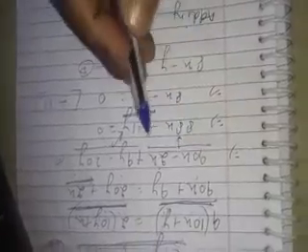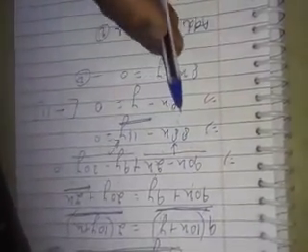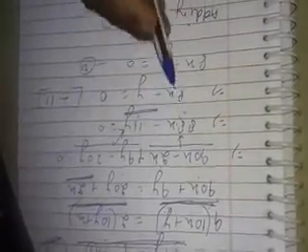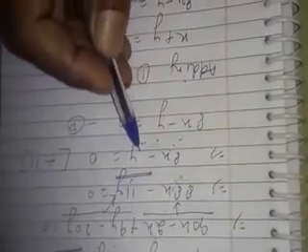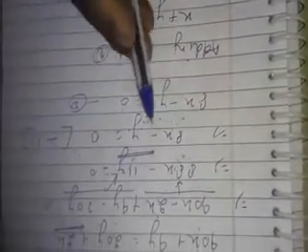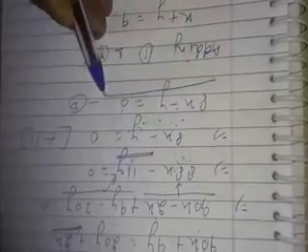Now what do we see? 88 and 11 are both multiples of 11, so we will divide each term by 11. Then we get 8x minus y. 88 divided by 11 is 8 and 11 divided by 11 is 1, so we have not written 1 over here. Now we have the second equation, 8x minus y is equal to 0, since in the RHS nothing was there. Now what do we get? In the first equation we have x plus y is equal to 9. In the second equation we have 8x minus y is equal to 0.